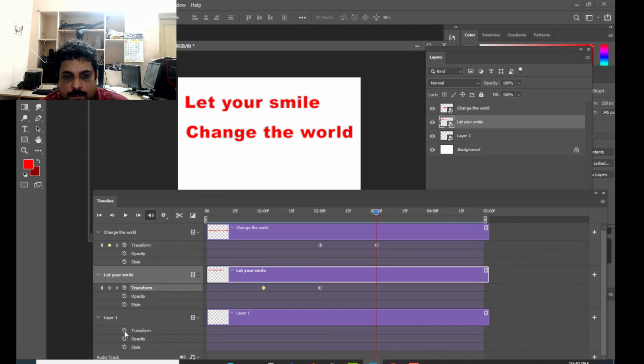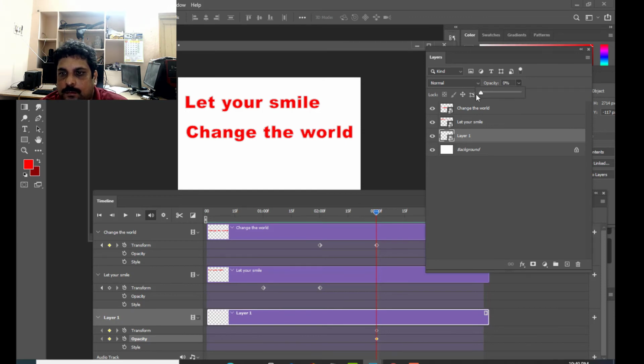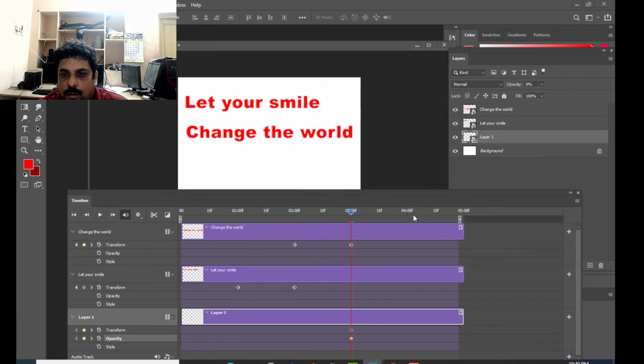So just turn on the stopwatch for transform as well as for opacity, and for the image, the opacity we are going to make it 0. And then the next thing is, we are going to come to 4 seconds.